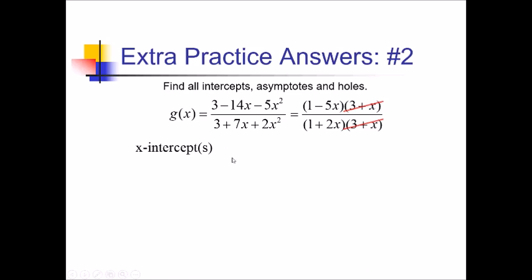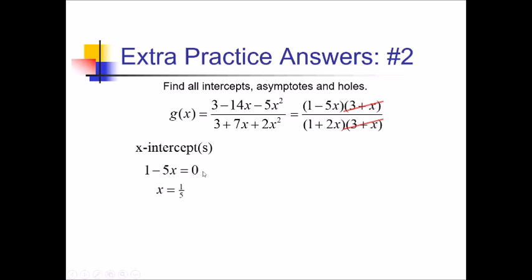For those, we have to make the simplified numerator 0 to zero out the whole fraction, because on the x-axis, the y value, the output, is 0. So we have 1 minus 5x equals 0. And if I just add 5x to the other side and divide by 5, I've got 1/5 for my